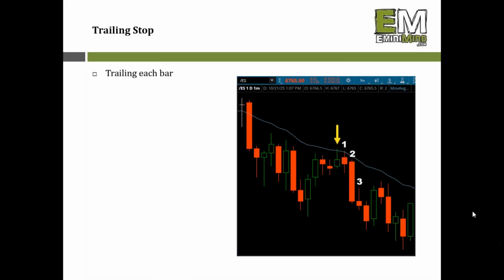You could also just trail each bar out the gate, and as soon as the 2nd bar closes, you move your stop above that candle. As soon as the 3rd bar closes, you move your stop above that candle. And you don't even have a target, and you just keep trailing bar after bar after bar. Some trades might go 2 or 3 bars in your favor. Some might go 10 or 12, and you might end up with a 15 or 20 point winner just on